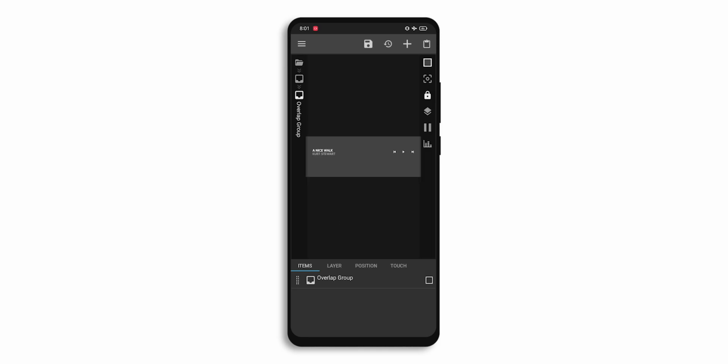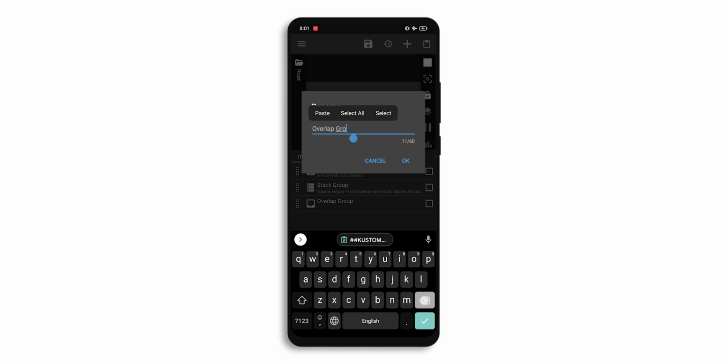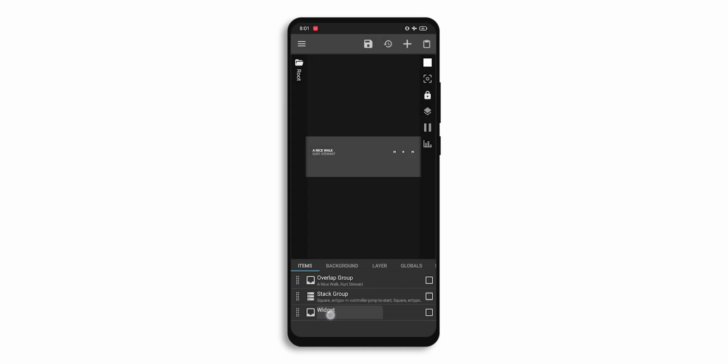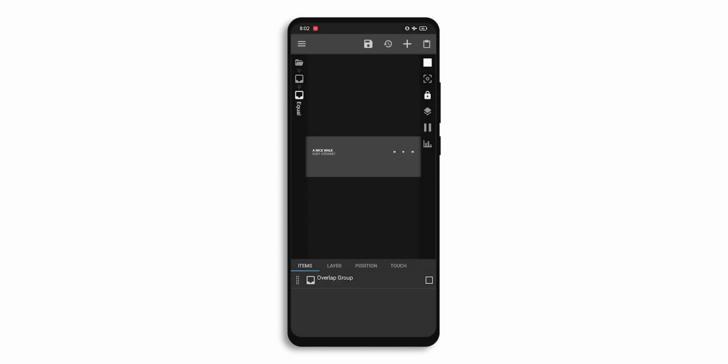Okay, now let's rename these overlap groups, so you can just keep this in mind where you need to make changes. Okay, first overlap group, change it to widget. Second overlap group, change it to equal or something like that. Okay, whatever you want to give a name. Now in this third overlap group you don't need to give any name because you are already inside that, right? Now go in overlap group,